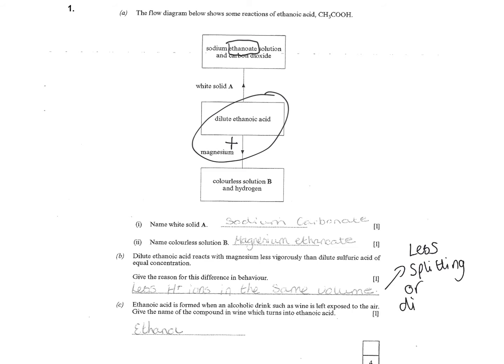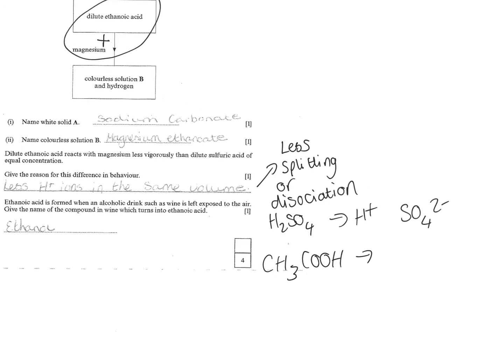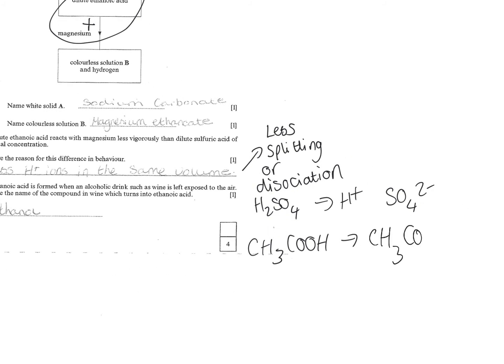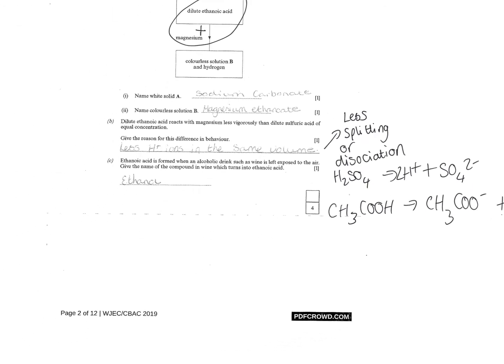or dissociation. Okay, in the sulfuric acid H2SO4 will split completely into H plus ions and SO4 2 minus, whereas CH3COOH would split into CH3COO minus plus H plus. Okay, so that's a complete split. You'd have to balance that out because that's going to be 2, whereas this is going to be a partial split, so partial dissociation. Ethanoic acid is formed when an alcoholic drink such as wine is left exposed to the